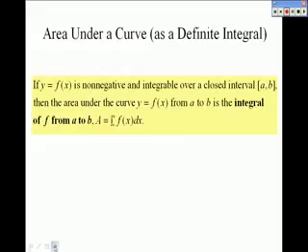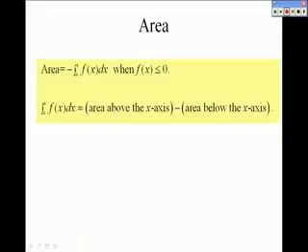Area, this is kind of crazy. We can talk about area being negative. If the area is under the curve, the area is considered to be negative. If the area is above the curve, the area is considered to be positive. To help with this a little bit, and as we progress, then also you make use of this: area above minus the area below is the definite integral. What I want you to do,